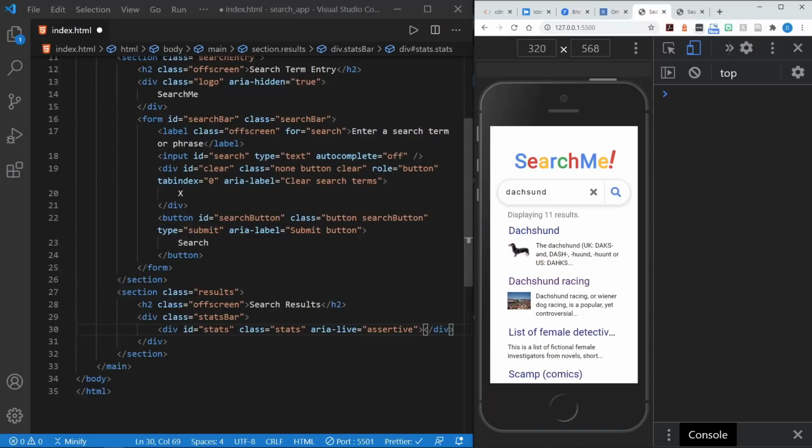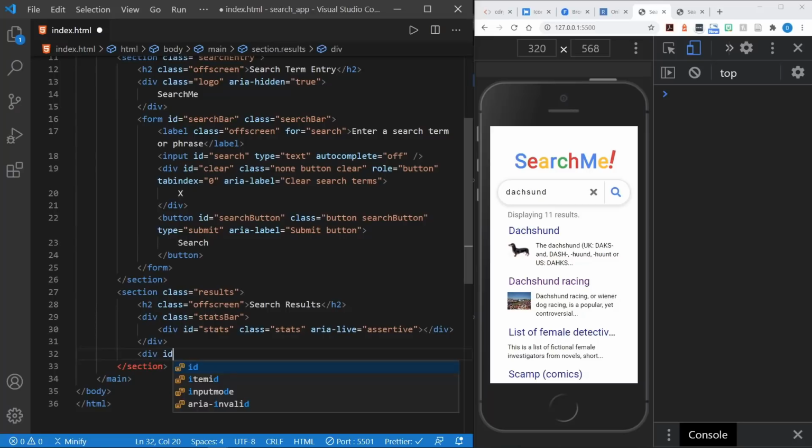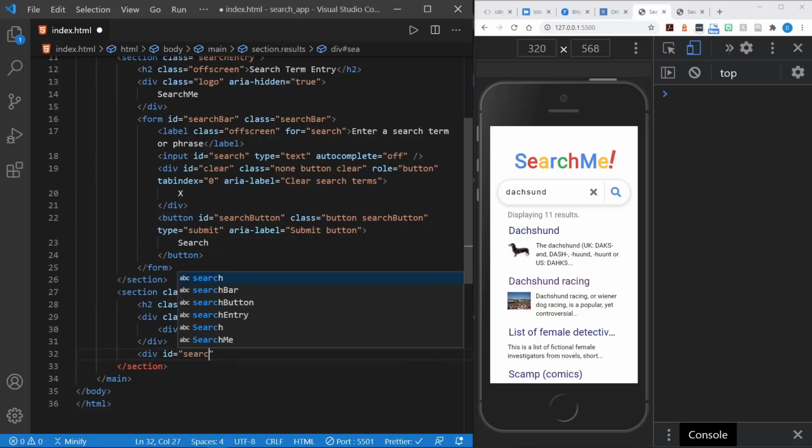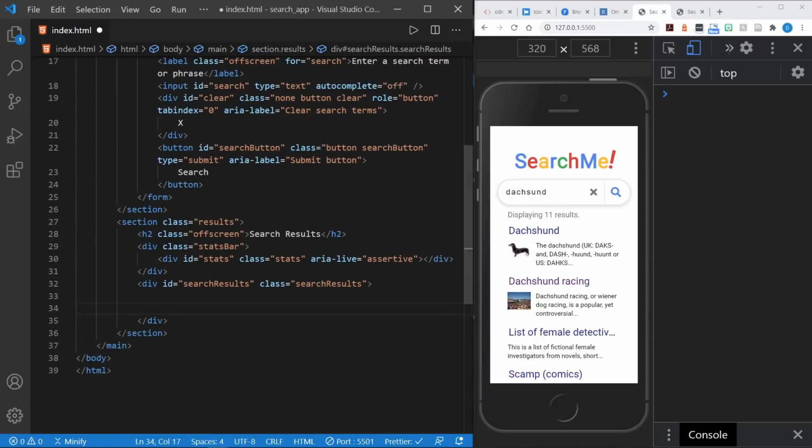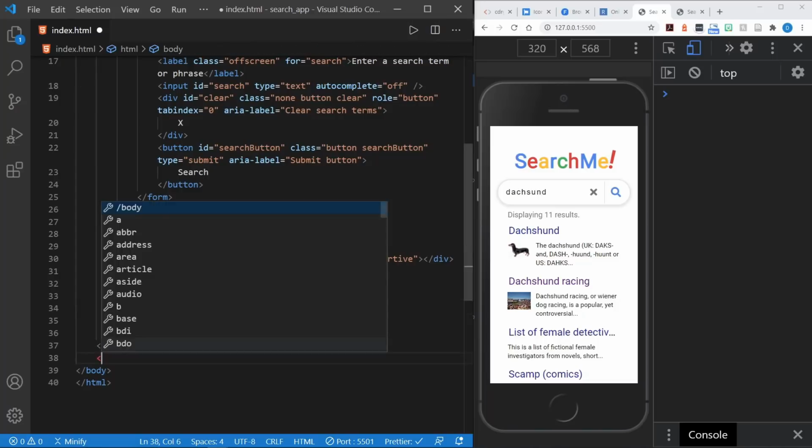Okay, after the stats, we'll actually have the search results. So this will be another div. We'll give it an ID of search results, and we'll also give it a class of search results. Now these search results will be dynamically created. I will pull in some static information just so we can style the page like we're getting right here. But right now I will skip past that, and we want to go down to the footer section right below